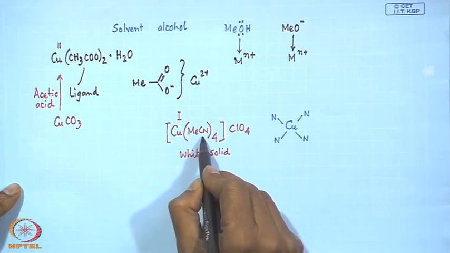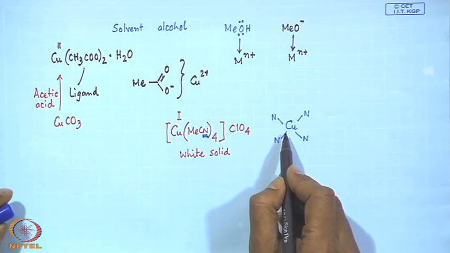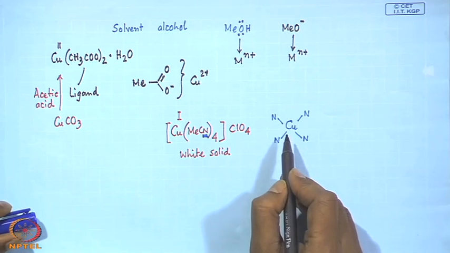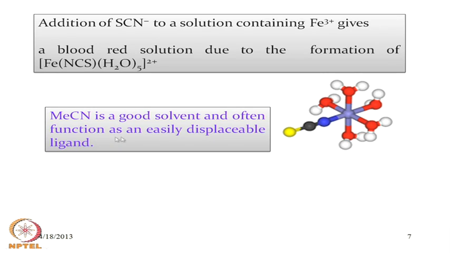So, acetonitrile nitrogen is also a donor atom; it can function as a donor atom to the metal center. Like water and alcohol, it can function as a very good ligand to the metal center. One more important function of acetonitrile is that we can displace it by some other incoming ligand. So, when we study the ligand displacement reaction or ligand substitution reaction, acetonitrile should be a very good ligand surrounding the metal center. Acetonitrile will be displaced and some other new ligand can come and bind to